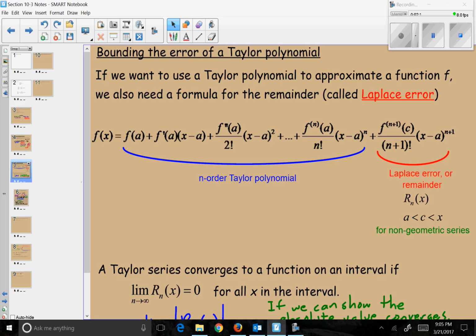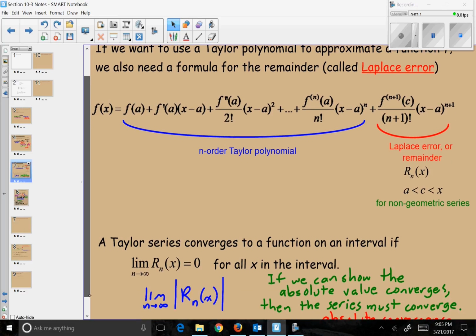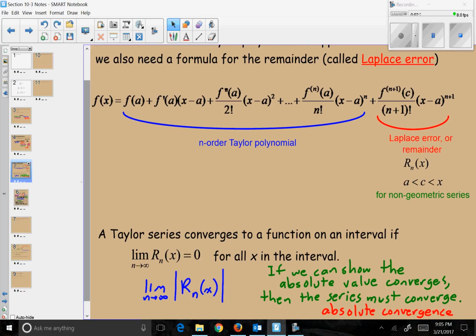And the reason we want to focus on this and just that one, instead of like with a geometric series working with an infinite series that's remaining, is if I were to do the limit of this remainder, if I call the remainder r sub n of x, if as n goes to infinity, my remainder approaches 0, in other words, as I get larger and larger terms, my remainder shrinks as I do it,